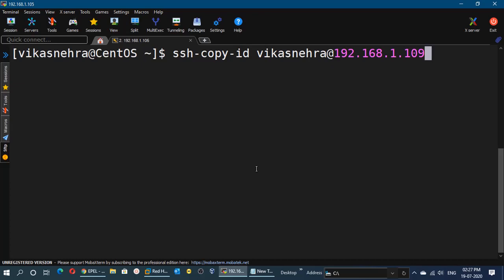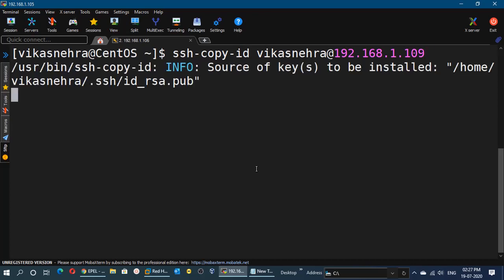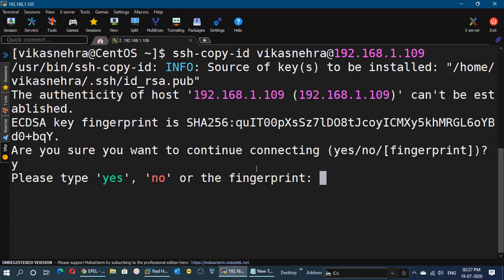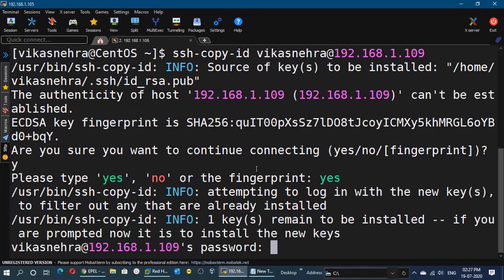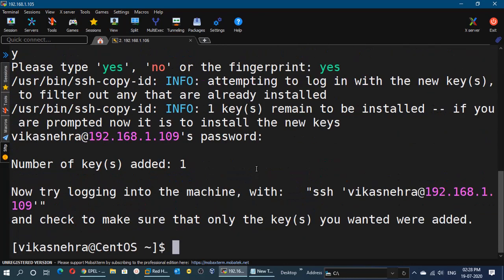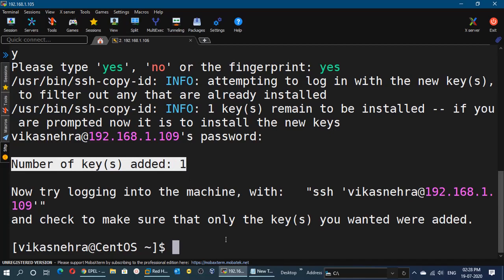Make sure that you have the same username on both the machines. Now you have to provide the password and press enter. So here you can see that the keys have been successfully copied to the remote node.